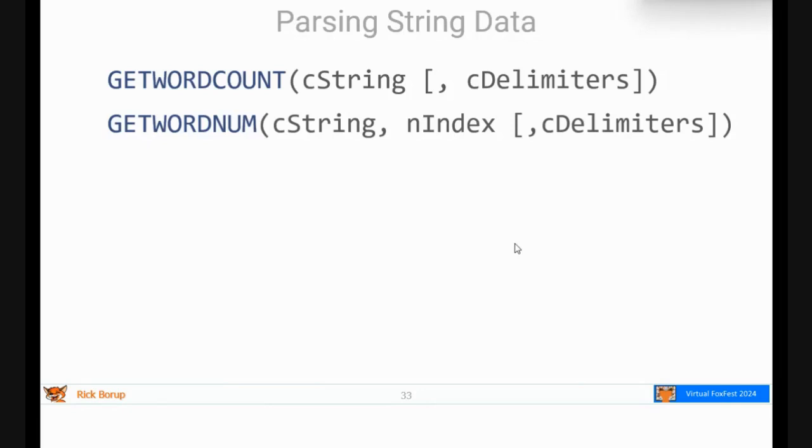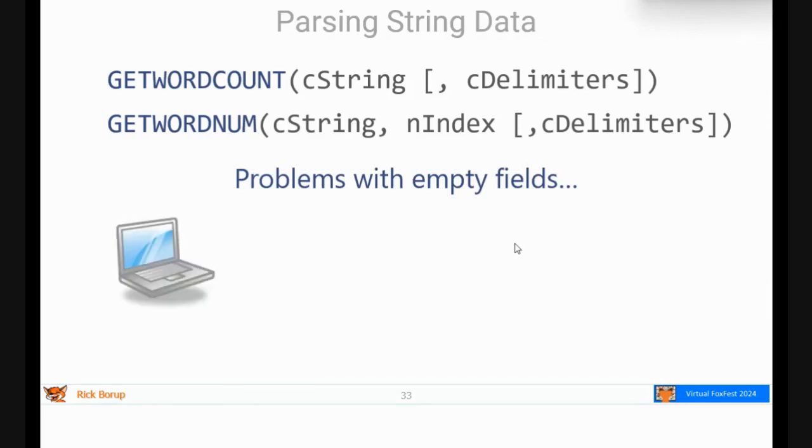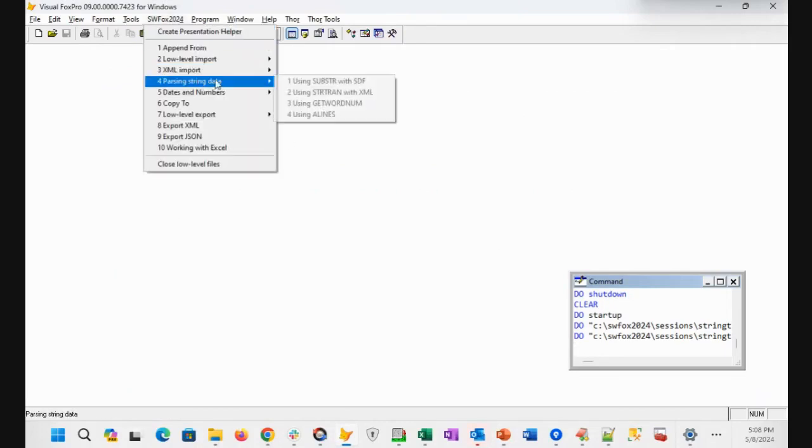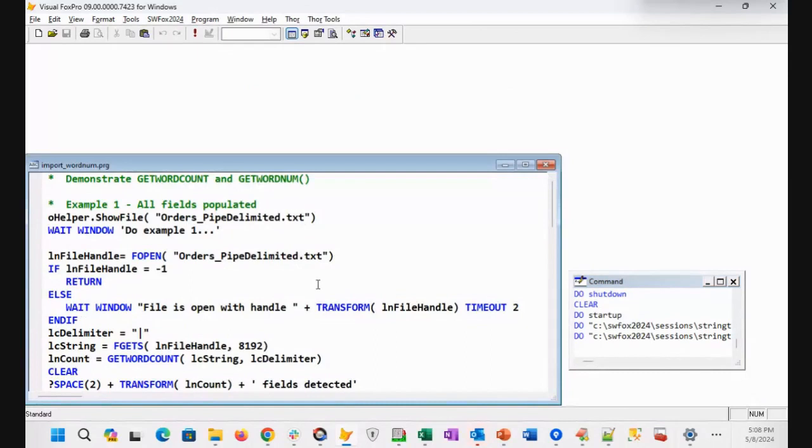So that sounded great, except that you should be aware that this one has issues if there are empty fields. And I wanted to show you an example of that because it can really bite you if you don't know what to look for. And again, we're going to be showing results on top of the code window, so keep your eye up there as we go along. We have a pipe delimited file